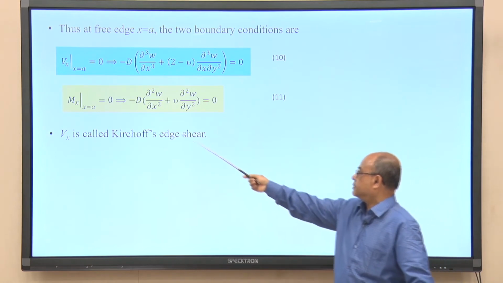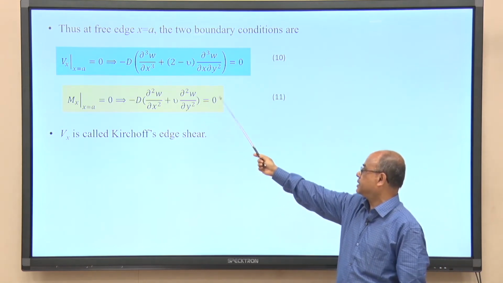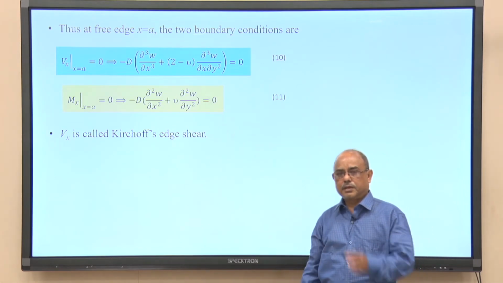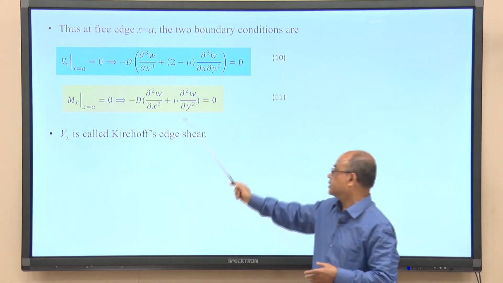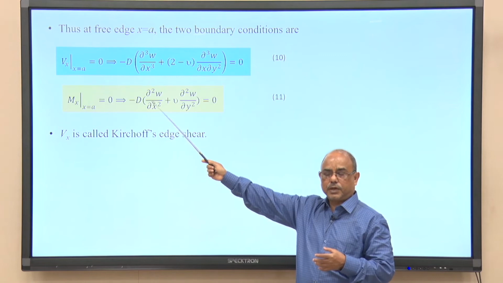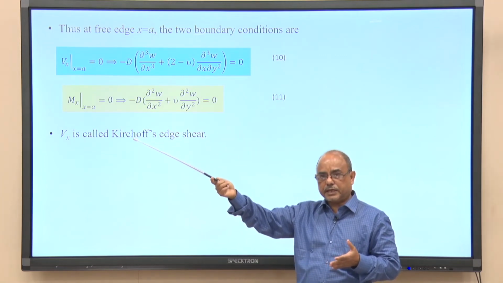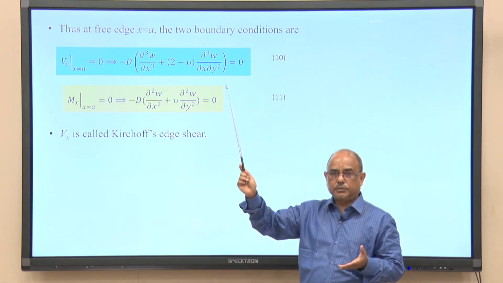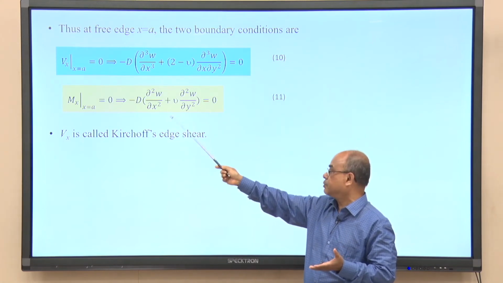So, bending moment, because this is the x edge, so x is equal to a, bending moment is 0. So, bending moment expression is 0, but here in the simply supported edge, compare the two expressions. Here for the free edge we are equating bending moment to 0. In the simply supported edge we also equated bending moment equal to 0, but you can see the distinction or difference between these two expressions.